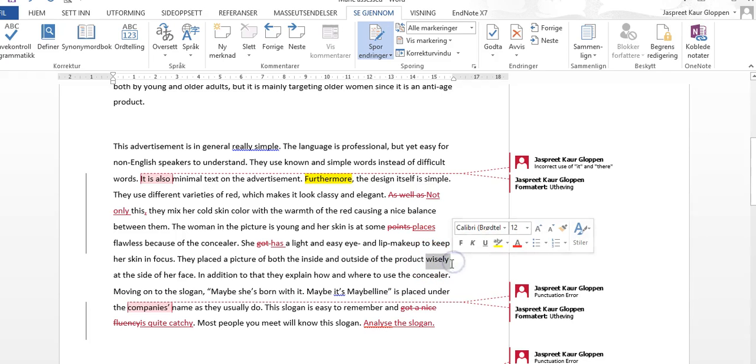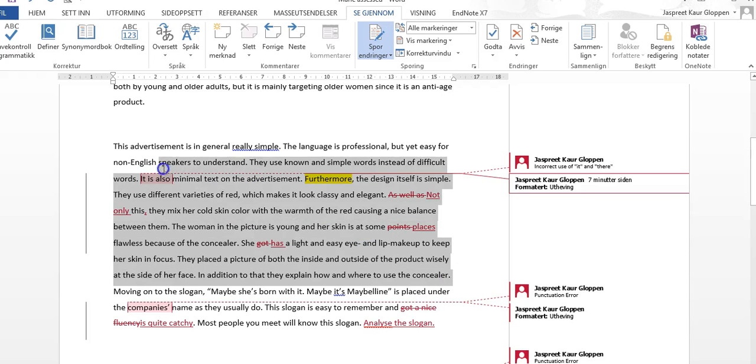Good job here. This word wisely really works. And then you say that they show us how and where to use the concealer. What I'm missing here is that you do not, first of all,